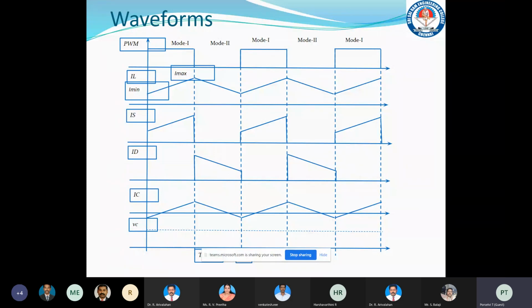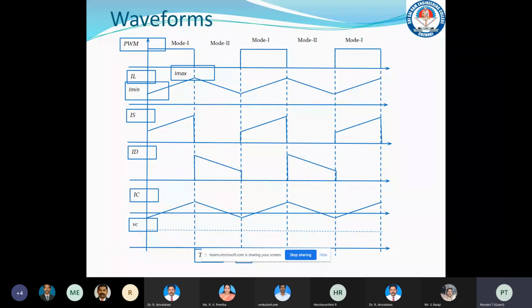And the next waveform shows the diode current. The diode current during mode 1 is in the off condition, so current is 0. And during mode 2, it is going to carry the inductor current, so it is the same as the inductor current value. The next waveform shows the capacitor current, which is the difference between the inductor current and the